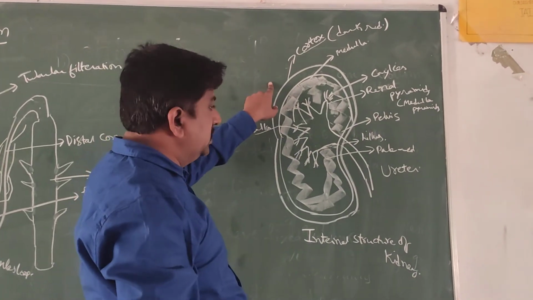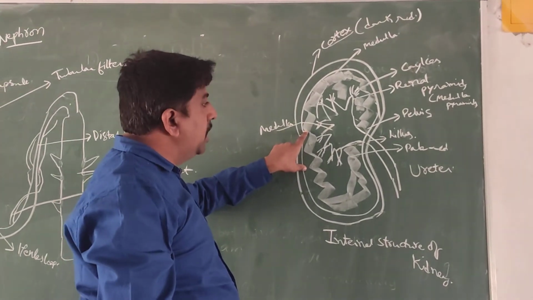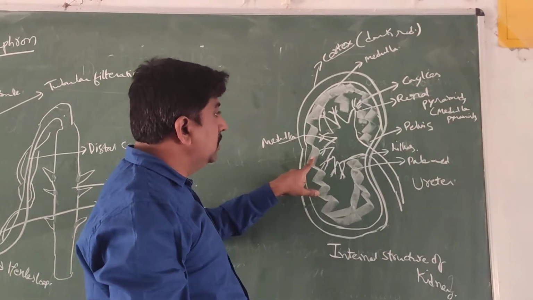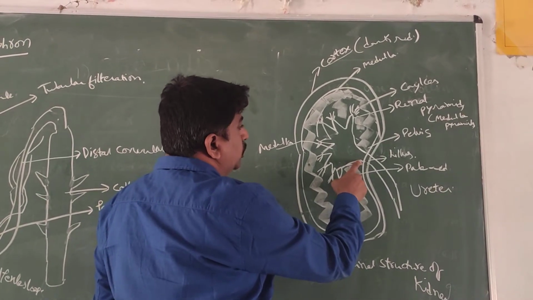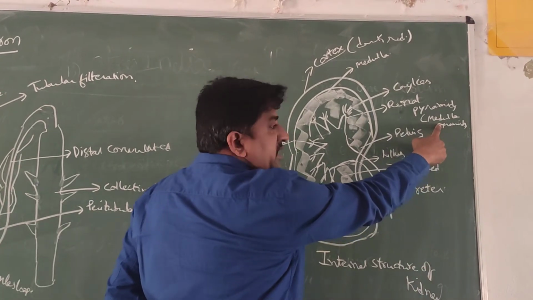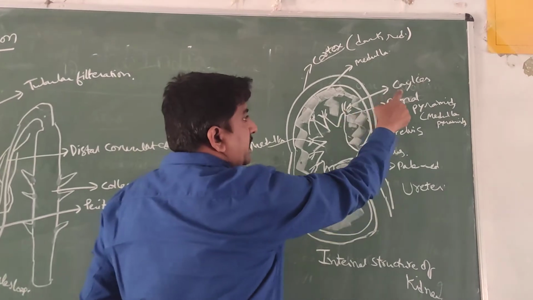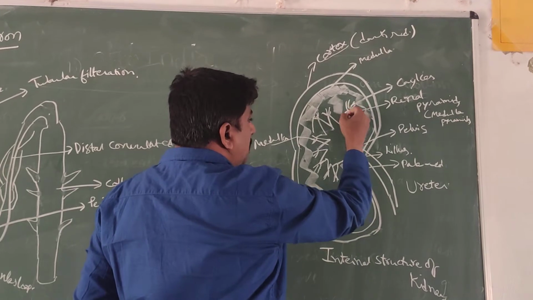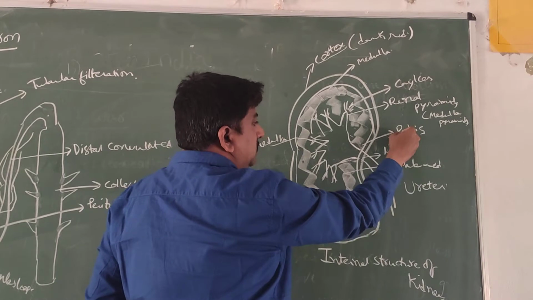Already I explained about this. But what are the internal structures we are able to see? We are able to see billions of nephrons in the medulla region, and also at least 9 to 12 pyramids. The pyramids are called renal pyramids or medullary pyramids. Above the pyramids we are able to see hair-like structures that are called the calyces. And all these pyramids combined together form the region called the pelvis.